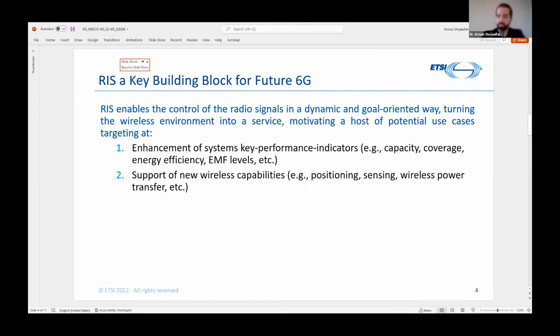But also very important, other elements such as applications of AI/ML are likely to be used to enable RIS operation and optimization and really get to the end goal of the technology, which is to enable smart propagation environments by converting a channel, which has always been a passive actor in the previous generations, into a service.